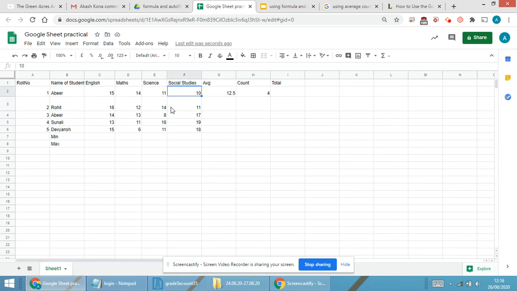I'm just deleting this particular part. You will be able to see that the formula changes. Deleting this, the formula will automatically change. Done. Just doing Control Z. So we have done two particular formulas on this part, that is average and count.